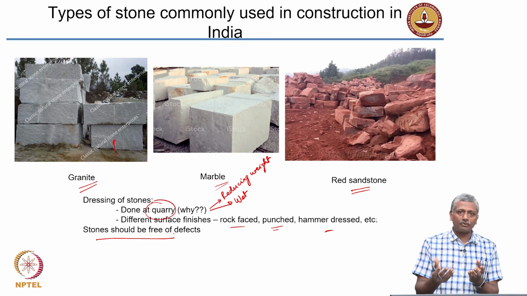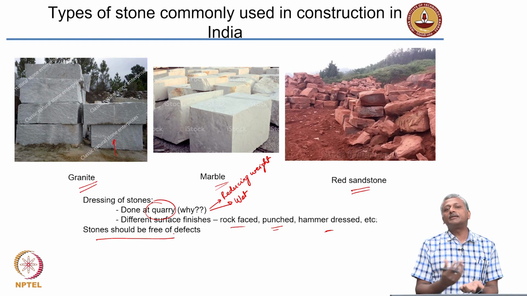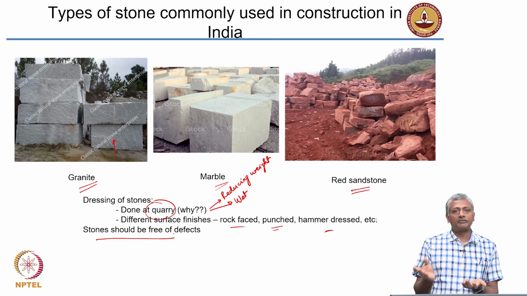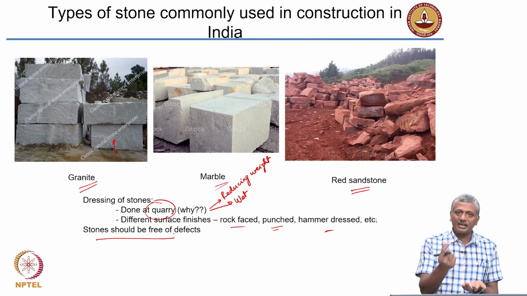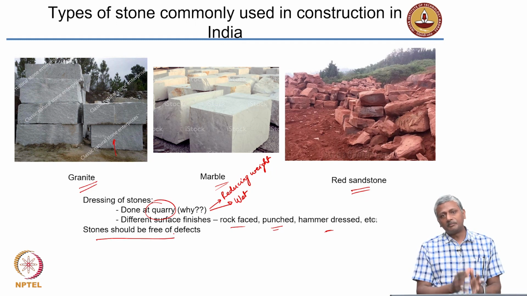Even in marble, those of you who have marble flooring in your homes may have seen that some pieces of marble look very nice and uniform in color, whereas in others there are a lot of streaks. These streaks are obviously other minerals that are present in the marble, but very often you find that along these streaks you also get cracks in the marble because of the differential performance of the marble and the material in the streak. Sometimes you also see very large cavities on the surface of the marble. So, you need to be very careful in choosing stone for building applications. They have to be free of defects.